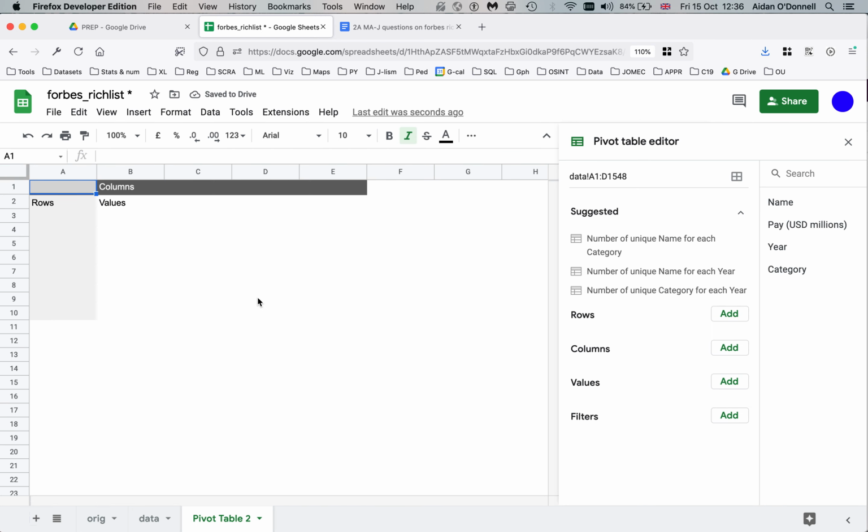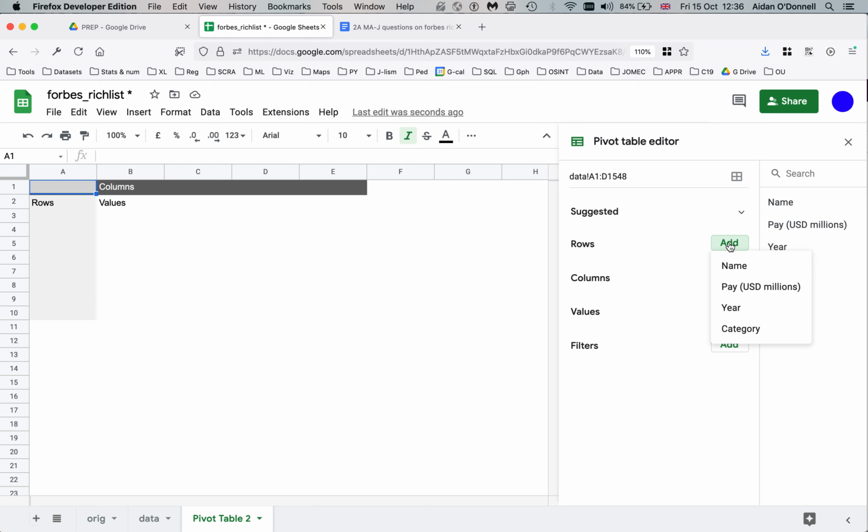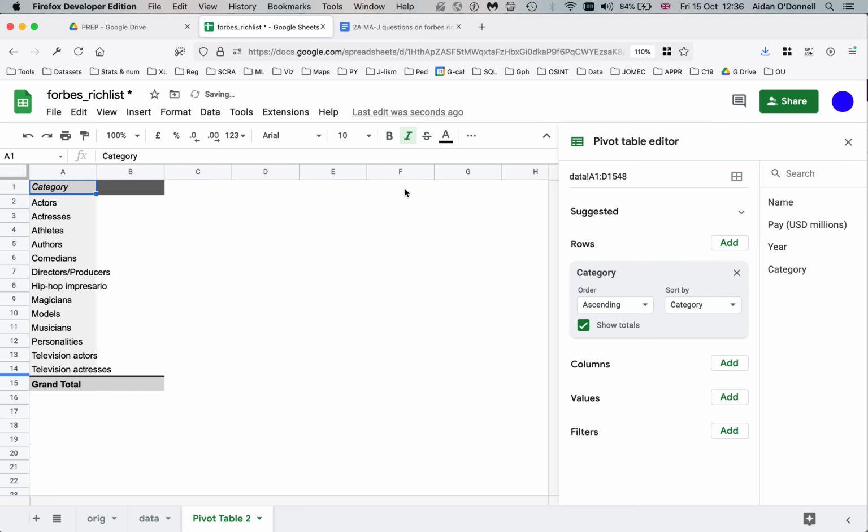So pivot table, new sheet is always a good idea. And here's our pivot table. And the thing we're interested in is categories. So we'll start with rows. And we'll say we want to see these categories, artist, musician, and so on, along the rows. And so now we've created, get rid of the totals, we've created these bins, if you like,